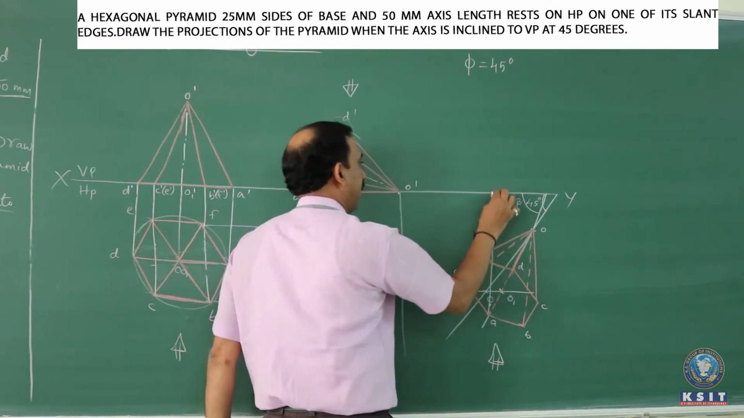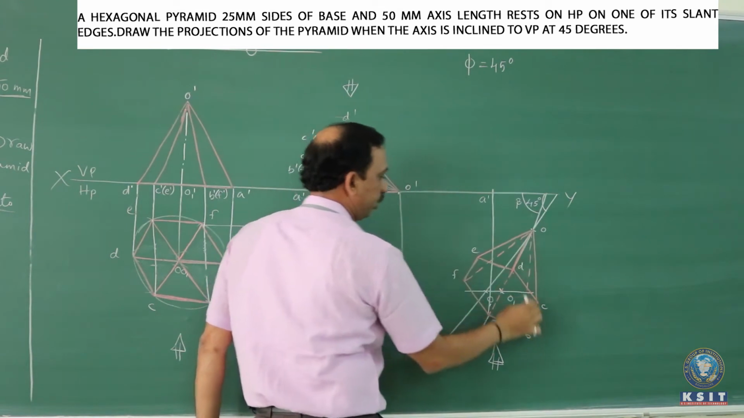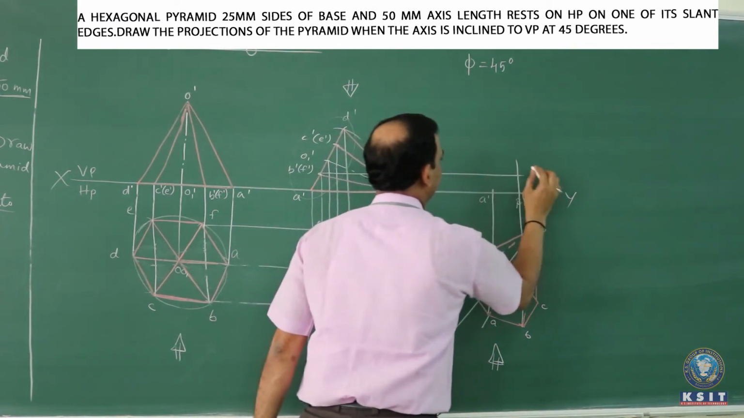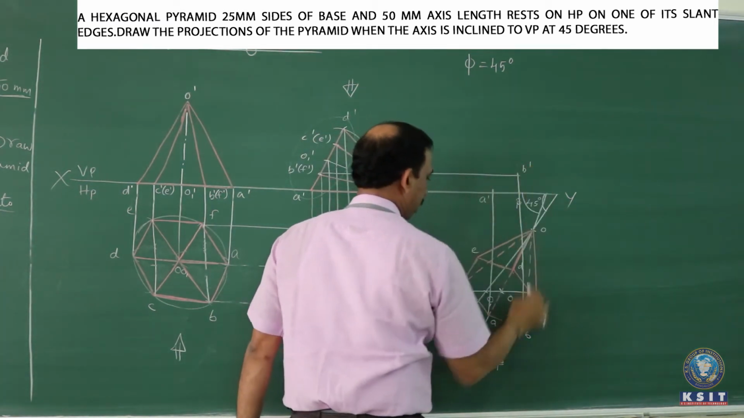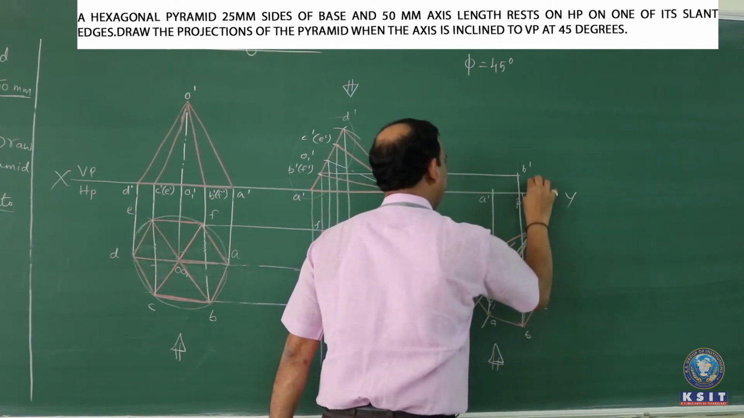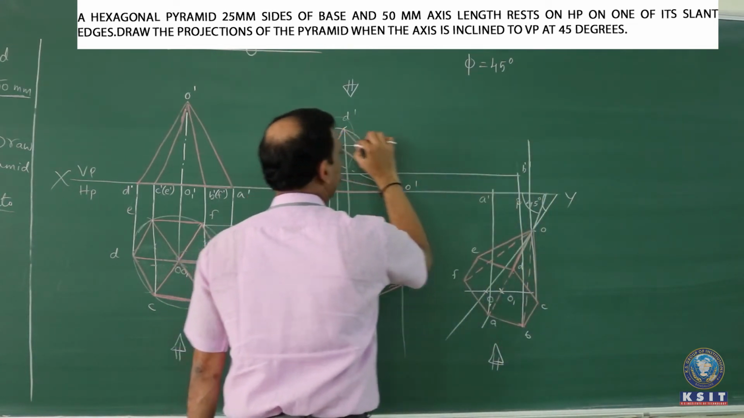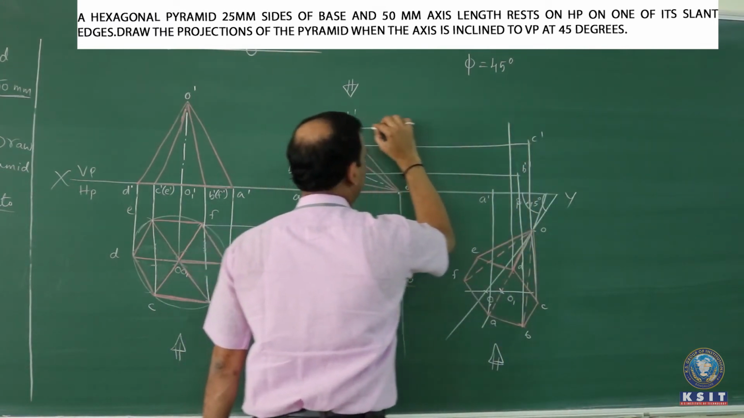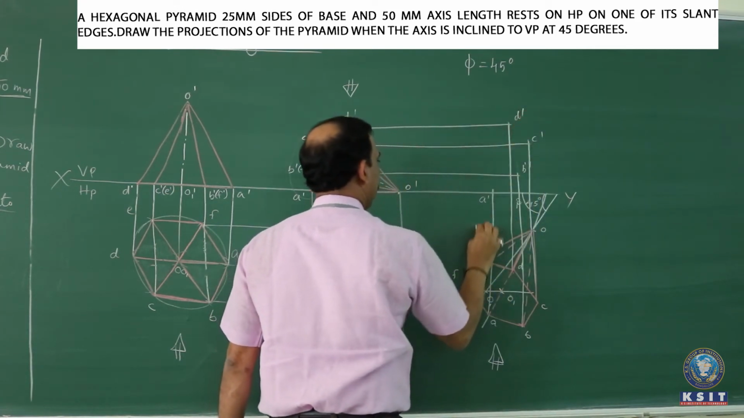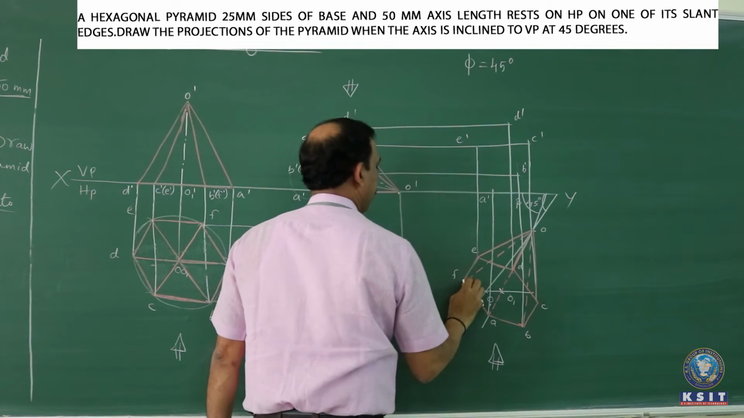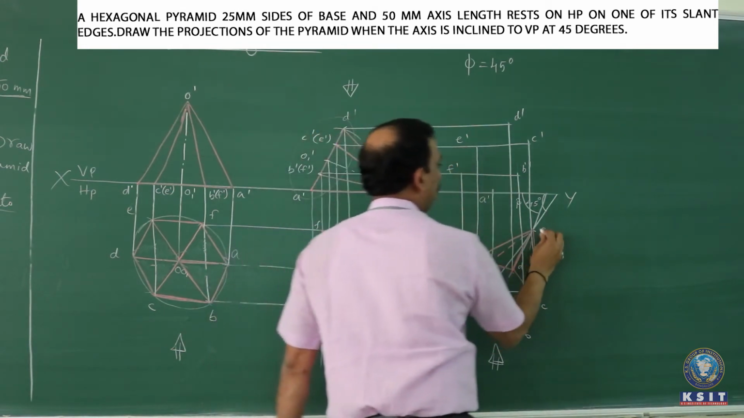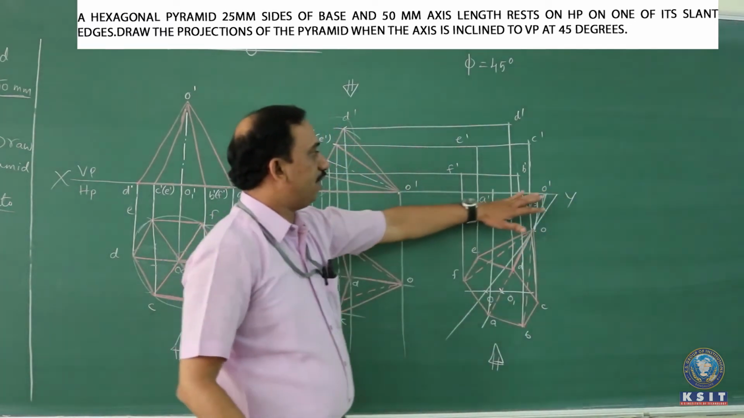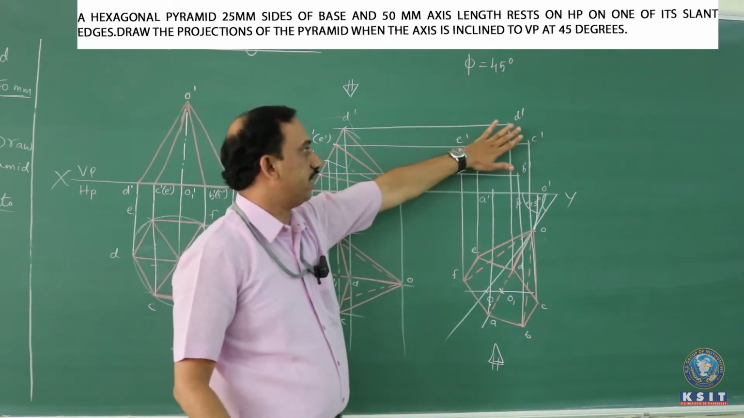When you erect a vertical from A, from the horizontal, you get A dash. From B, have a vertical, have the horizontal, you get B dash. Similarly, for C, I have a vertical and horizontal. For D, I have a vertical, have the horizontal. E, F, and the apex O dash. Once you have identified the various corners in the front view,